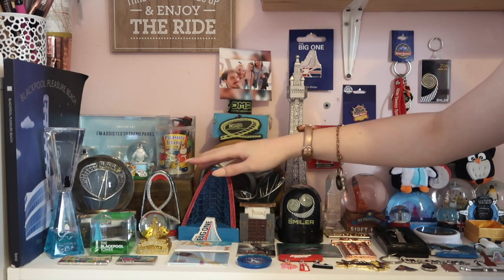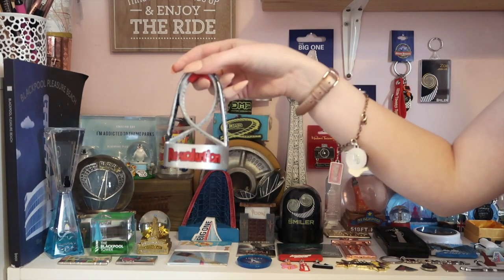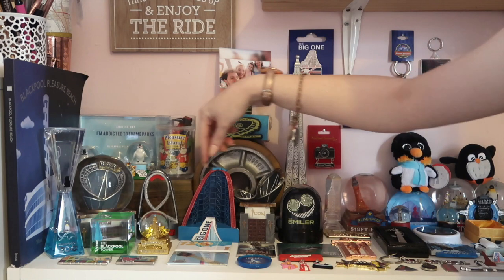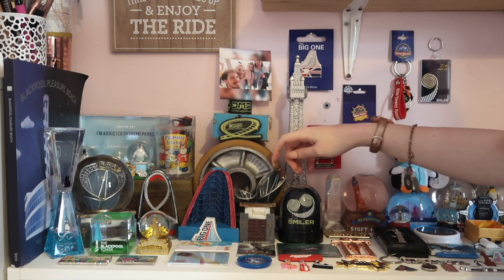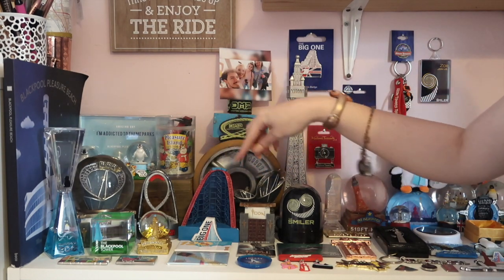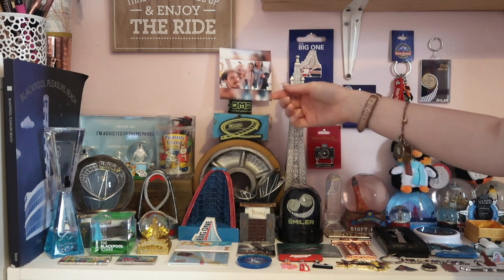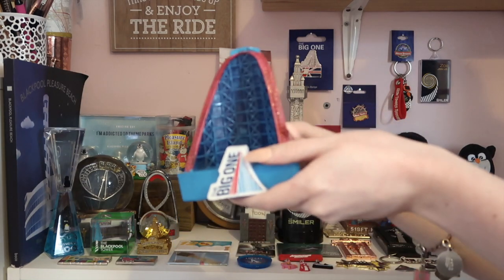So I have these ones from Pleasure Beach. I love the fact that they've started doing resins now. So we've got a Revolution one here. I got all of these on closing weekend as well last year. We've got the big one here, and then we've got the Icon one here. The Icon one is very similar to the snow globe, but I just had to buy both because I love the resin and I love the snow globe. I couldn't just leave them. Out of the resins, I'd probably say the big one is my favourite, just because I love